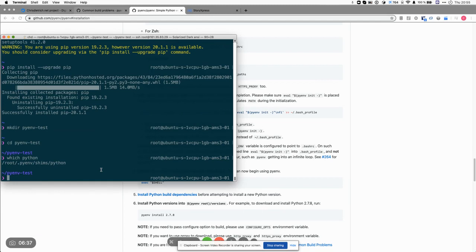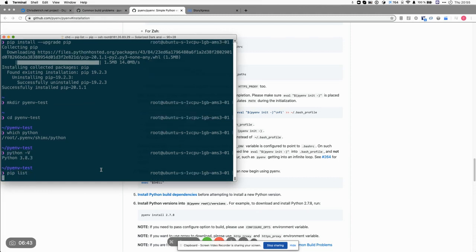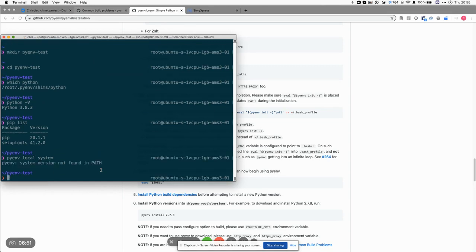And here I can check again. So it's now this one. And now if I want a local one, like the system, it says not found in path. Yeah, this is the issue I mentioned before, that I'm not sure why I don't have system in here,